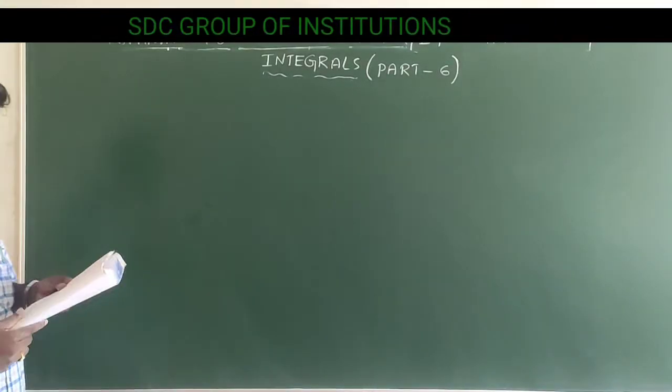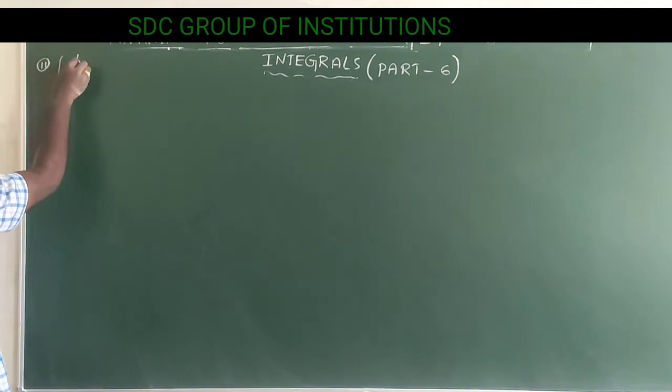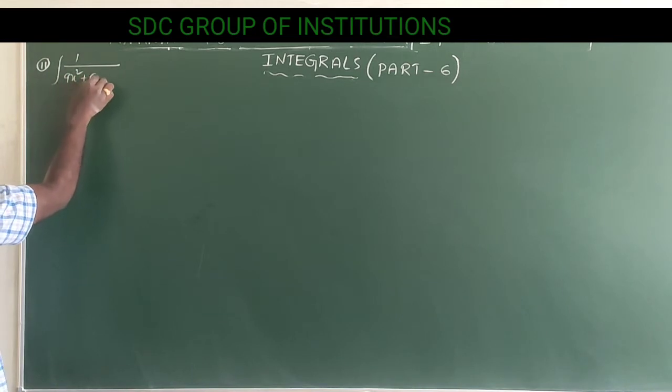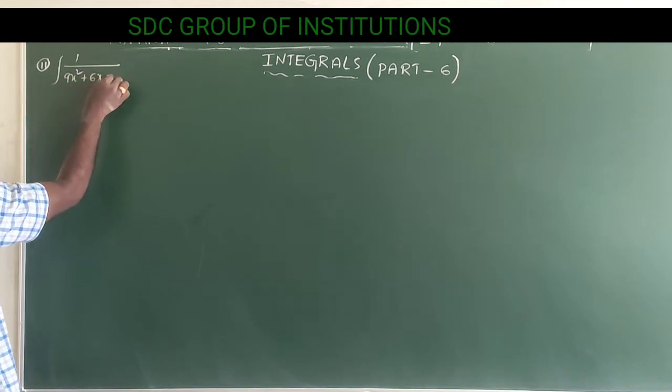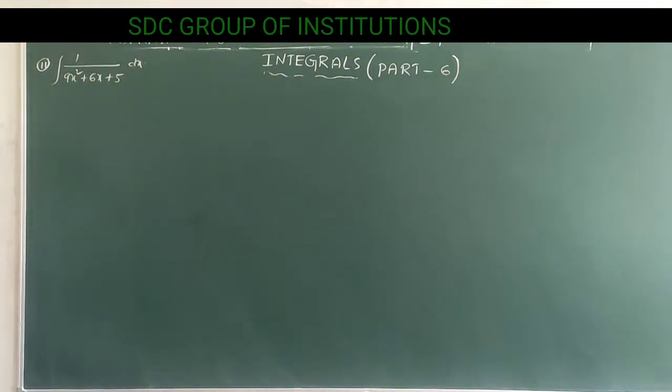Okay, next, 11th question. It is type 1. Evaluate 1 by 9x square plus 6x plus 5 dx. See, this one I can explain in two methods, by taking 9 common, or we can convert this into a perfect square. See, listen,